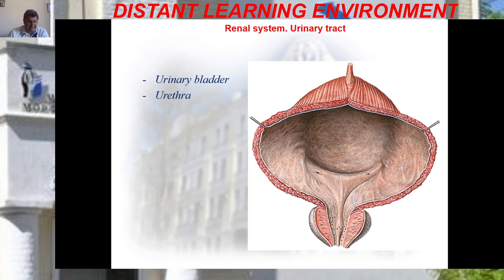This sharpened apex, you may see it here, of the bladder, apex vesicae, is related to the inferior part of the anterior abdominal wall. The middle part between the apex and the base is known as the body of the bladder, corpus vesicae. A fibrous cord, the median umbilical ligament, stretches from the apex to the navel, or umbilicus, on the posterior surface of the anterior abdominal wall to its midline.